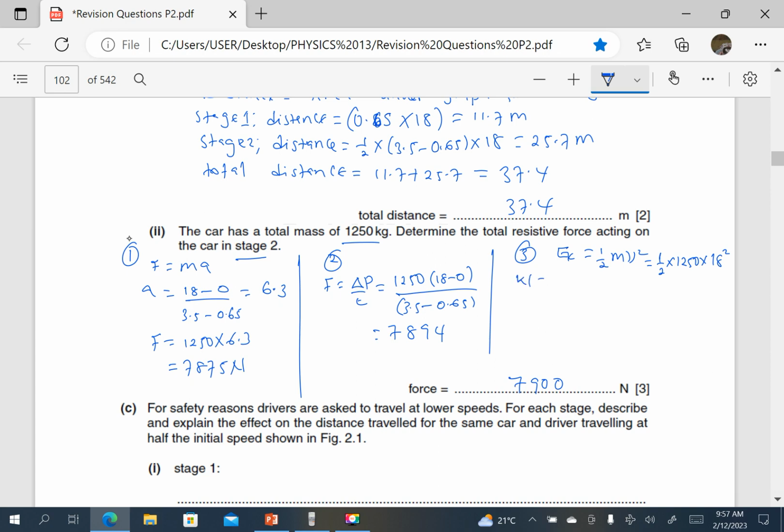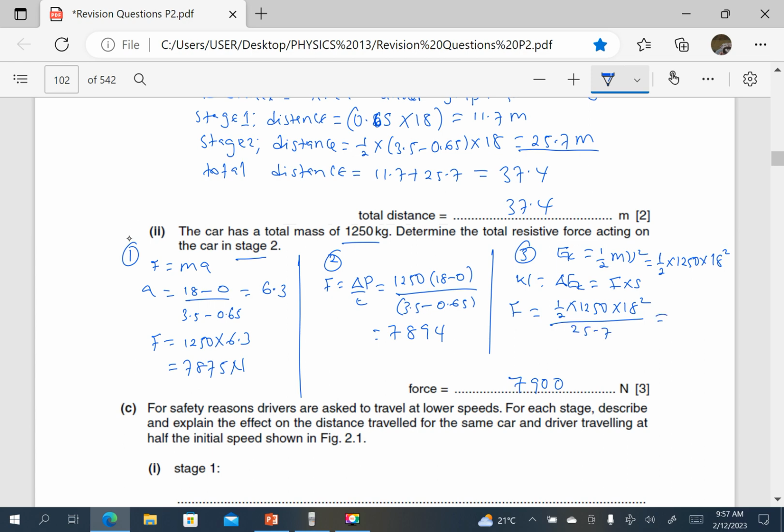The work done is equal to the change in kinetic energy, and work done is force times distance. We have seen the distance when the speed changes from 18 to 0 was 25.7 meters. Therefore, the force is the work done, a half times 1250 times 18 squared, divided by the distance,